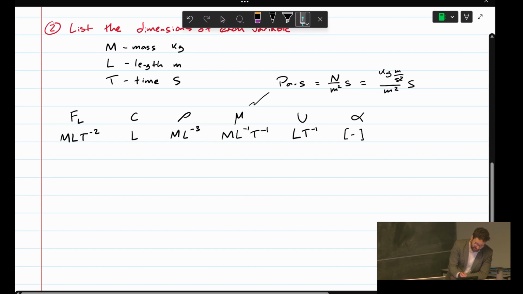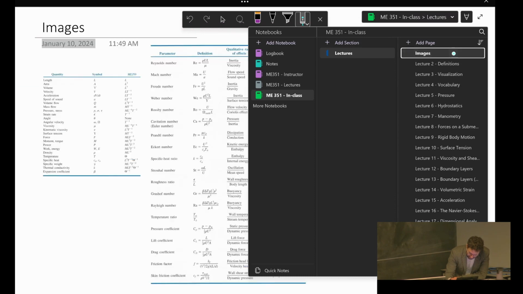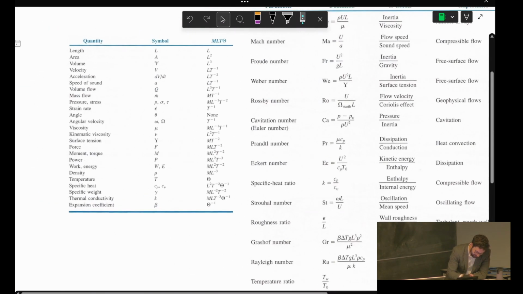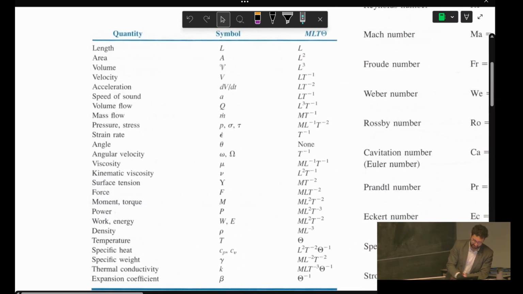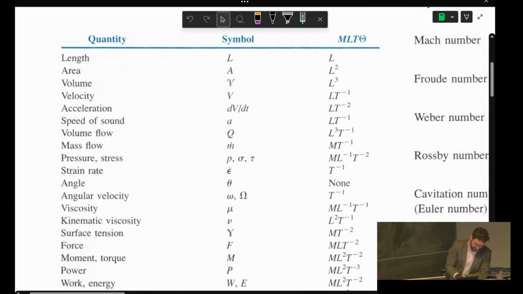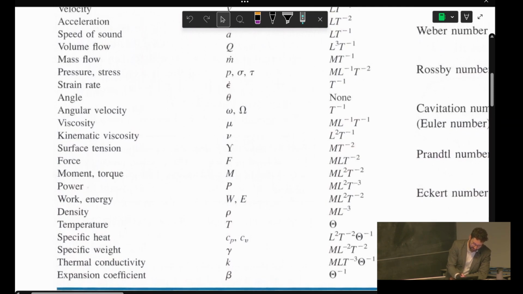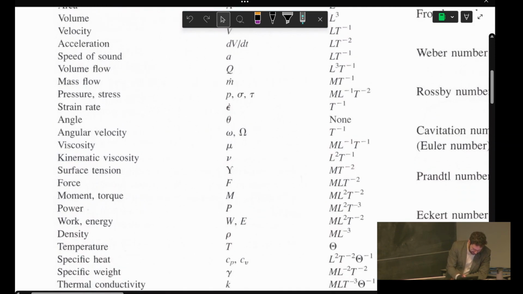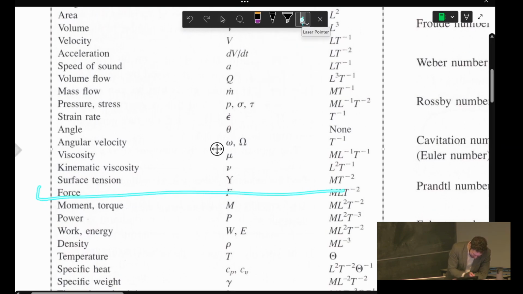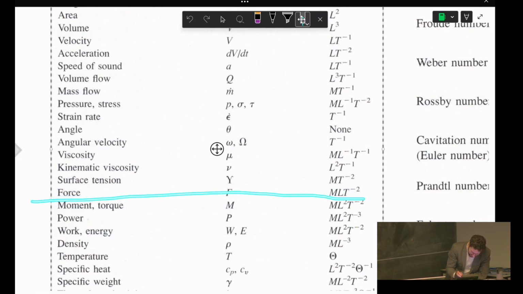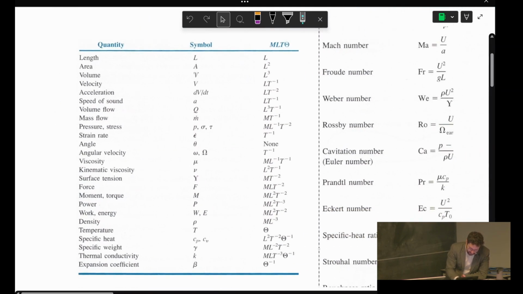So for this stage of Buckingham pi theorem problems, there's a really useful table that I gave in the notes. This table basically gives you that MLT representation for whatever variable you would want to use. It's a table out of the White Fluid Mechanics book, I believe table 5.1. For example, force is here: M L T to the -2, so kilogram meters per second squared. Okay, so that's a useful table